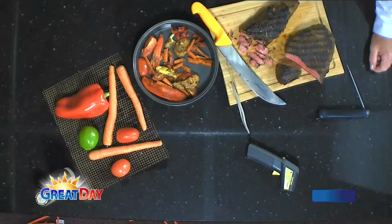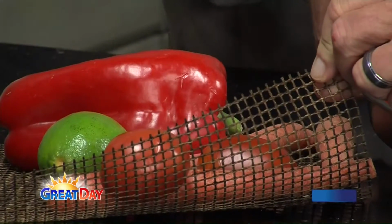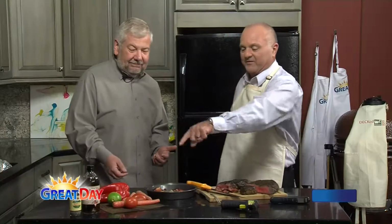Okay, so I said we're going to do a complete meal today. At the same time that we were doing the steak, I used my frog mats because vegetables can stick to that hot grate, and if you've ever tried to cook a tomato on a grill, it doesn't work like that. But these work very good. Here's the frog mat. Gaylon, I think you're the only guy that I know that has these. If you know anybody that grills, it really works well. So we just did a few grilled vegetables, and you got a complete meal. Very simple and easy to do,